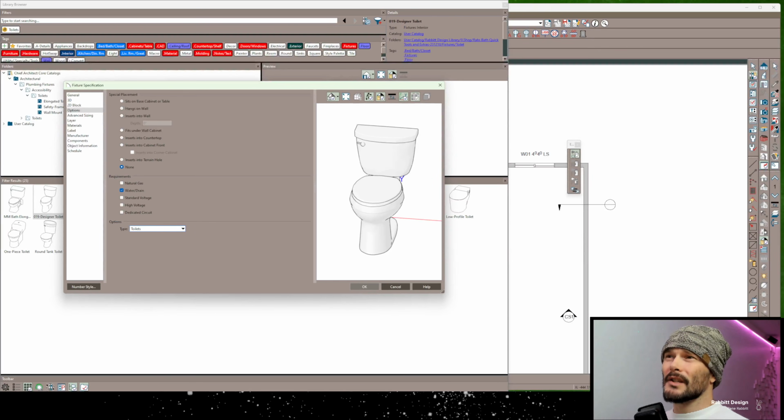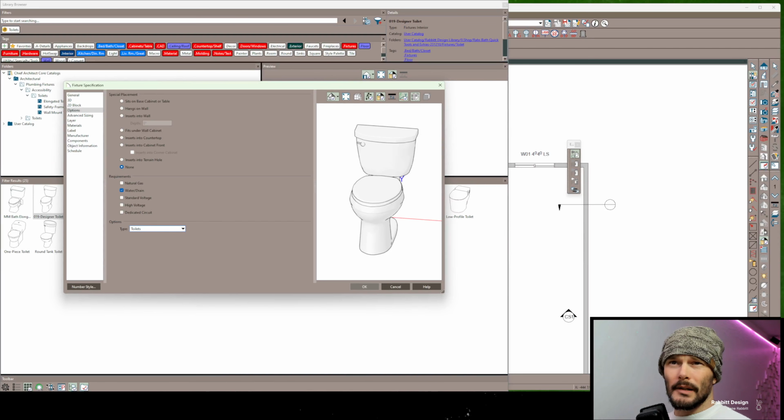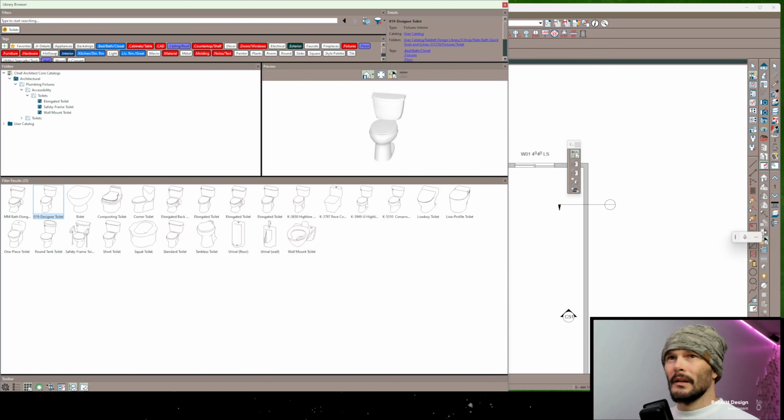So when you're saving items to your library and you're classifying them, make sure you get into the options panel, into the options section, and properly designate your item so that it's easier to search with some of these advanced search techniques. Okay, now before we get too far into some of these filtered searches, I want to go over